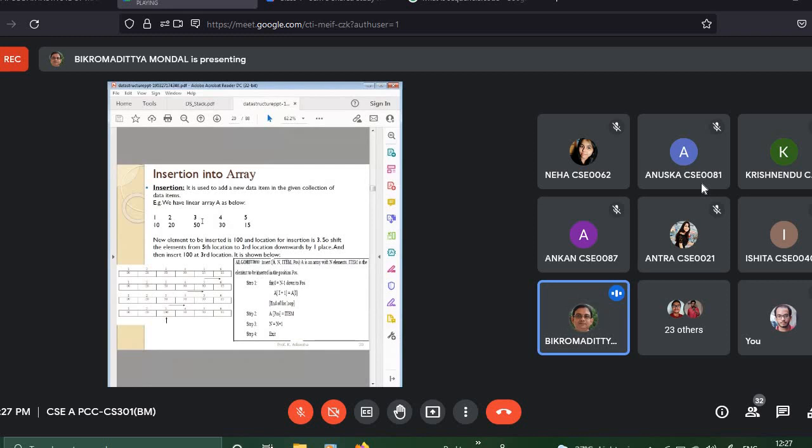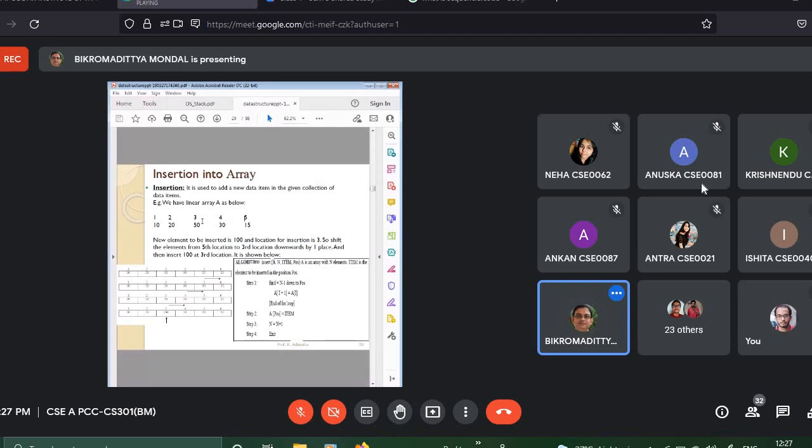Depending on the application, there may be several cases. One example I can give you: suppose the elements are stored in the array, and for the elements some priority is assigned. Priority means the importance of the values.